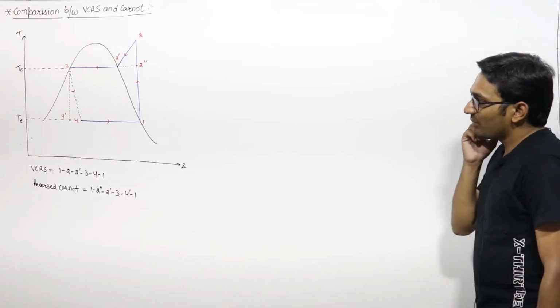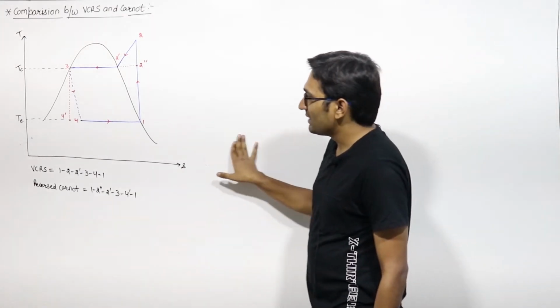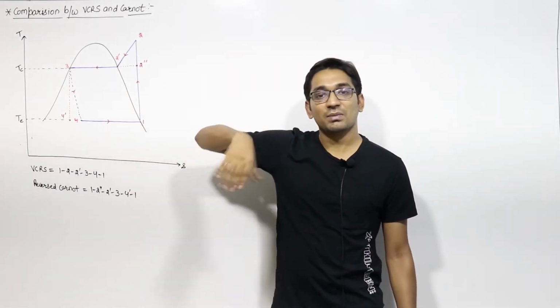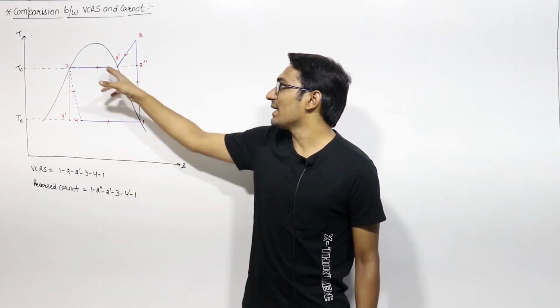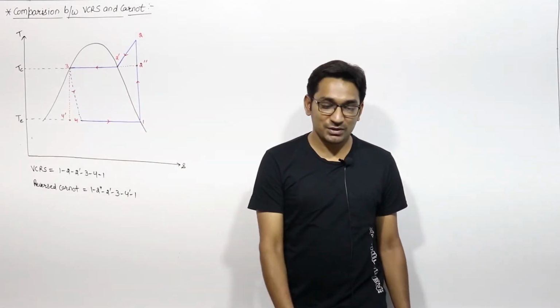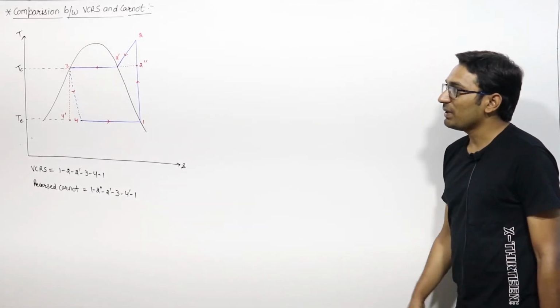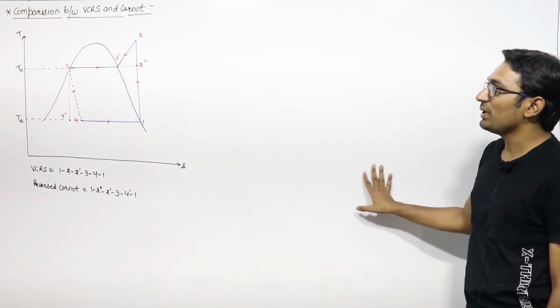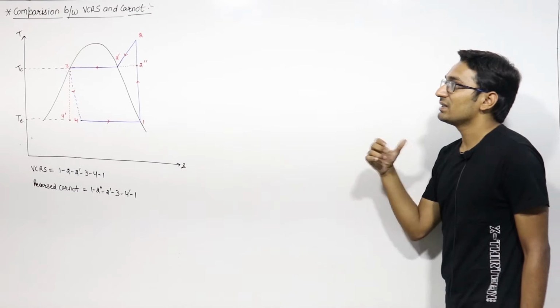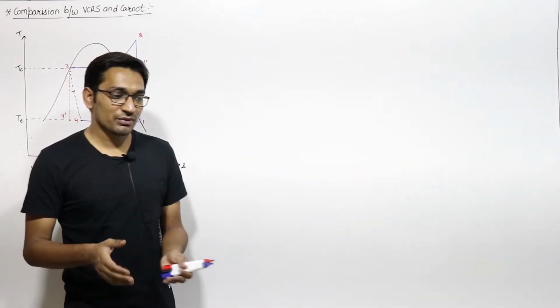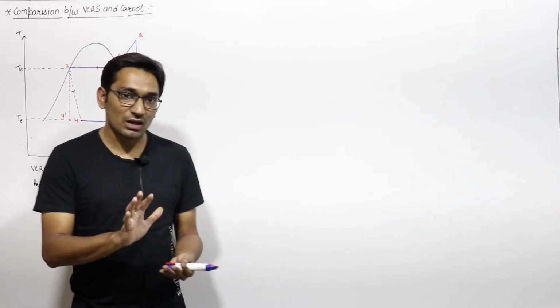So we can say that some irreversibilities are associated with the VCRS because of the throttling expansion, and because of other irreversibility associated with the heat exchange process, that is the constant pressure heat exchange process, the COP will be decreased. The COP of the VCRS will be less than the COP of the reversed Carnot cycle. We know this from our basic understanding of the Carnot theorem.